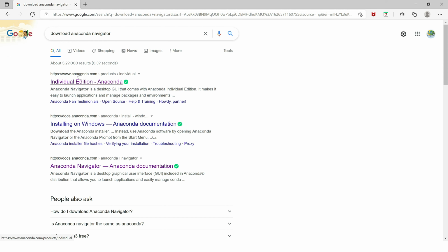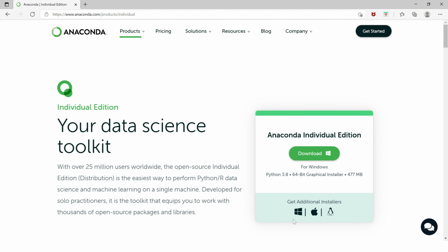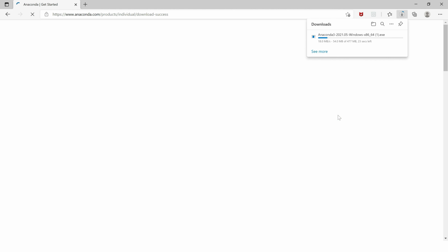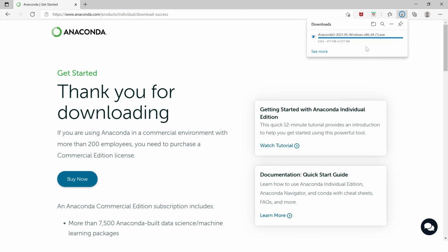I will mention this link in description box. Anaconda Navigator is available for Windows, Mac and Linux. I am downloading Windows version. Download will complete depending on your internet speed because it is almost half GB.